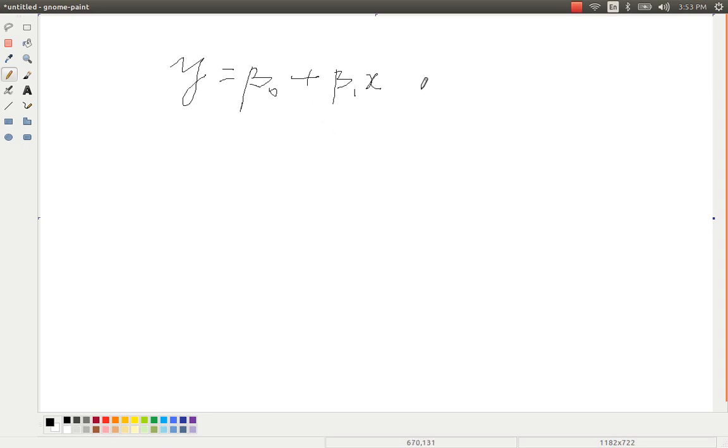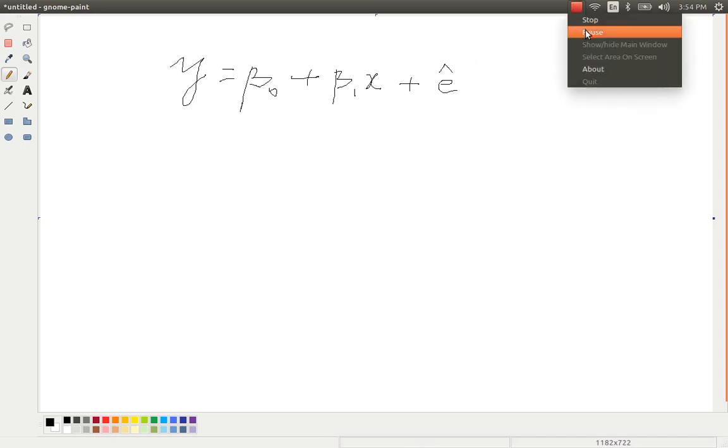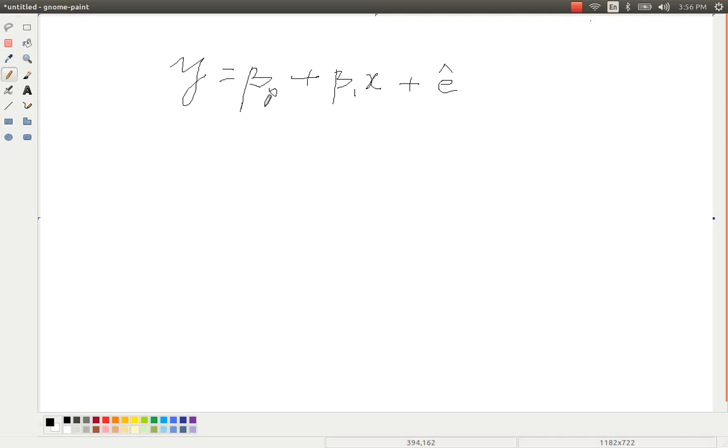The other important term which we missed in this expression is the error, and I'm going to talk about this error term in a separate video. I also have some material on how to test the significance of the error through the chi-square test, but I'm going to explain that in a separate video. In regression analysis, all these coefficients can be tested with the help of